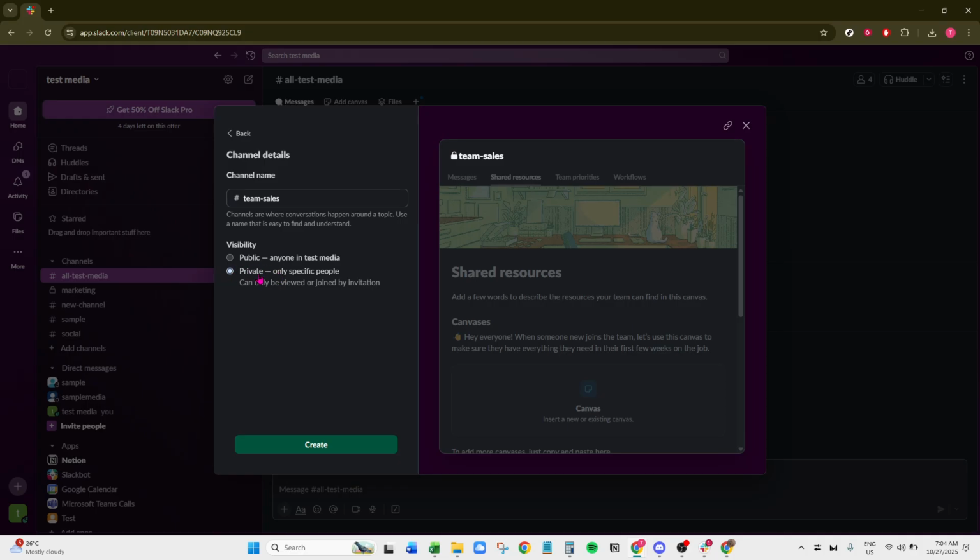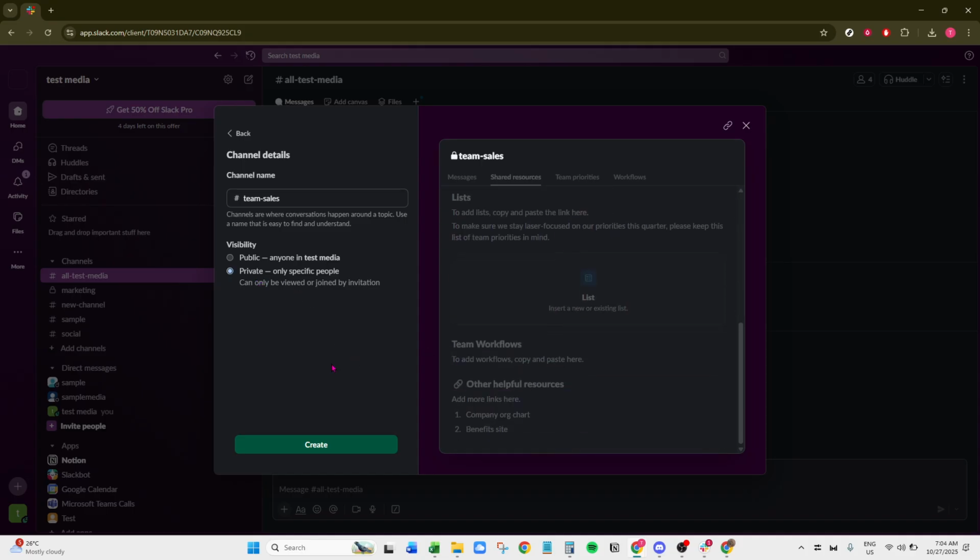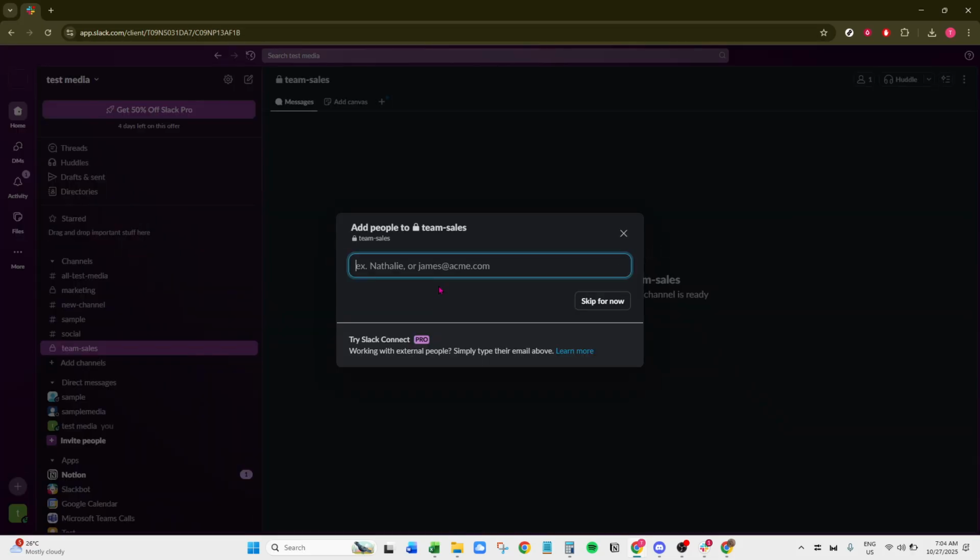With privacy set, it's decision time on who to invite to your exclusive channel. Add members by carefully selecting the individuals who need to be a part of this conversation. It enhances collaboration when the right people are involved. Lastly, with everything set up, the name, privacy settings, and members invited, click the Create button. With this simple action, your new private channel will spring to life in Slack, ready for you and your team